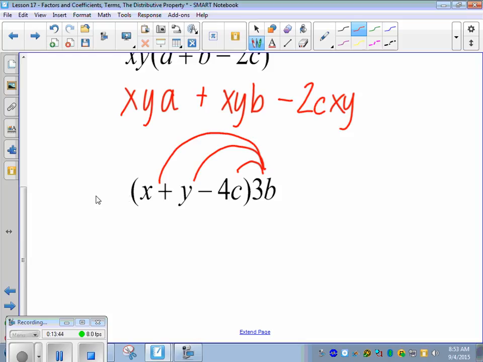Works just the same. So this time I'm going to start by doing 3b times x, 3bx, plus 3b times y, 3by, minus 4c times 3b. What is that going to give me? What'd you say, Caleb? Perfect. Minus 12b